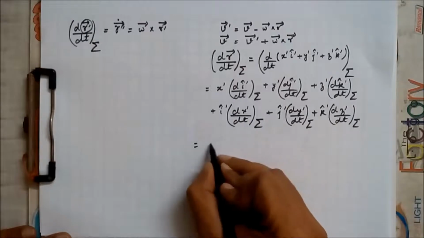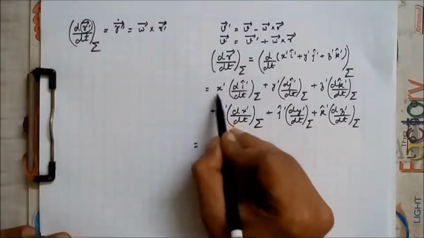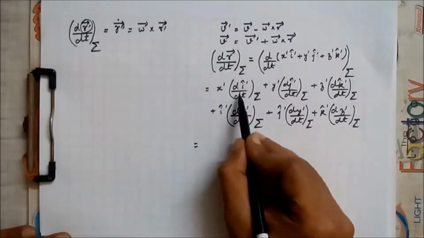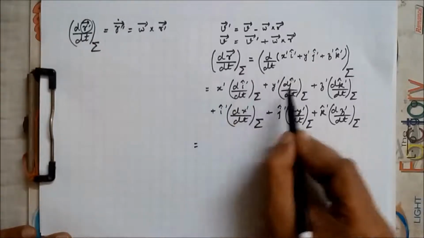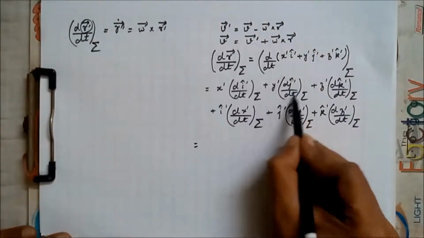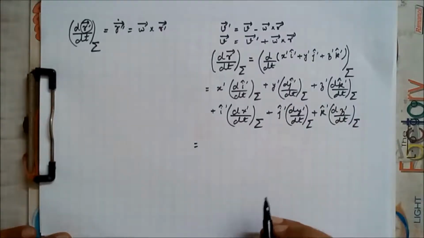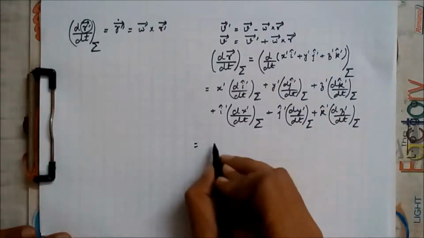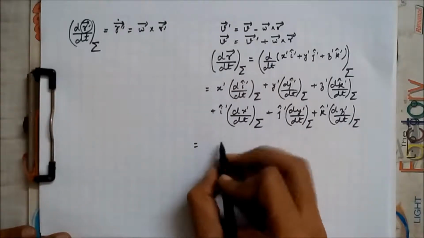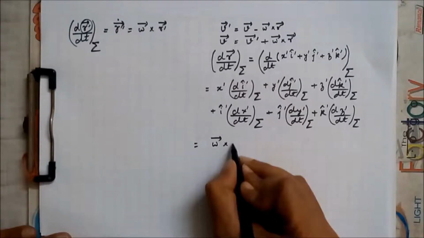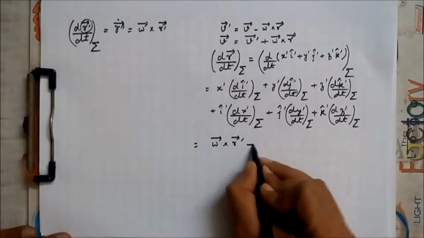So this simply becomes x primed times omega cross i primed. This term will become omega cross j primed, this term will become omega cross k primed. So we just have omega cross r primed vector, and